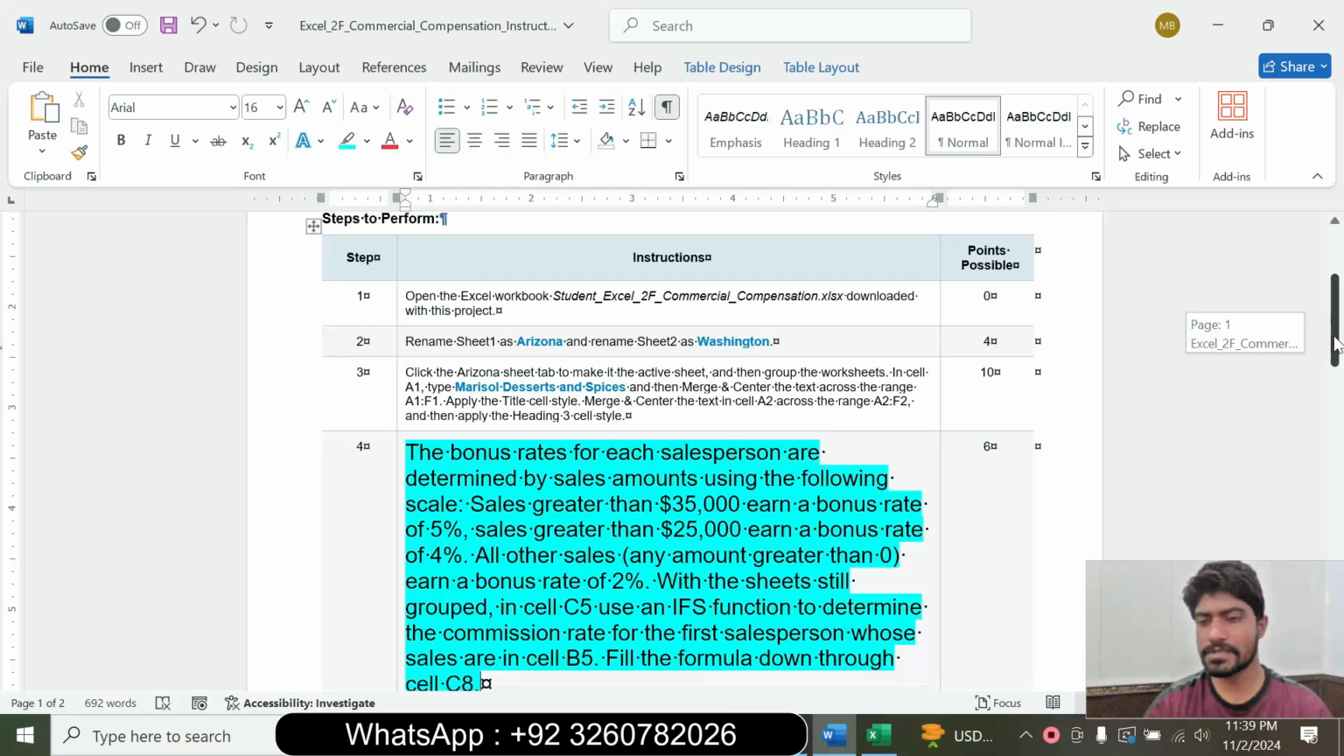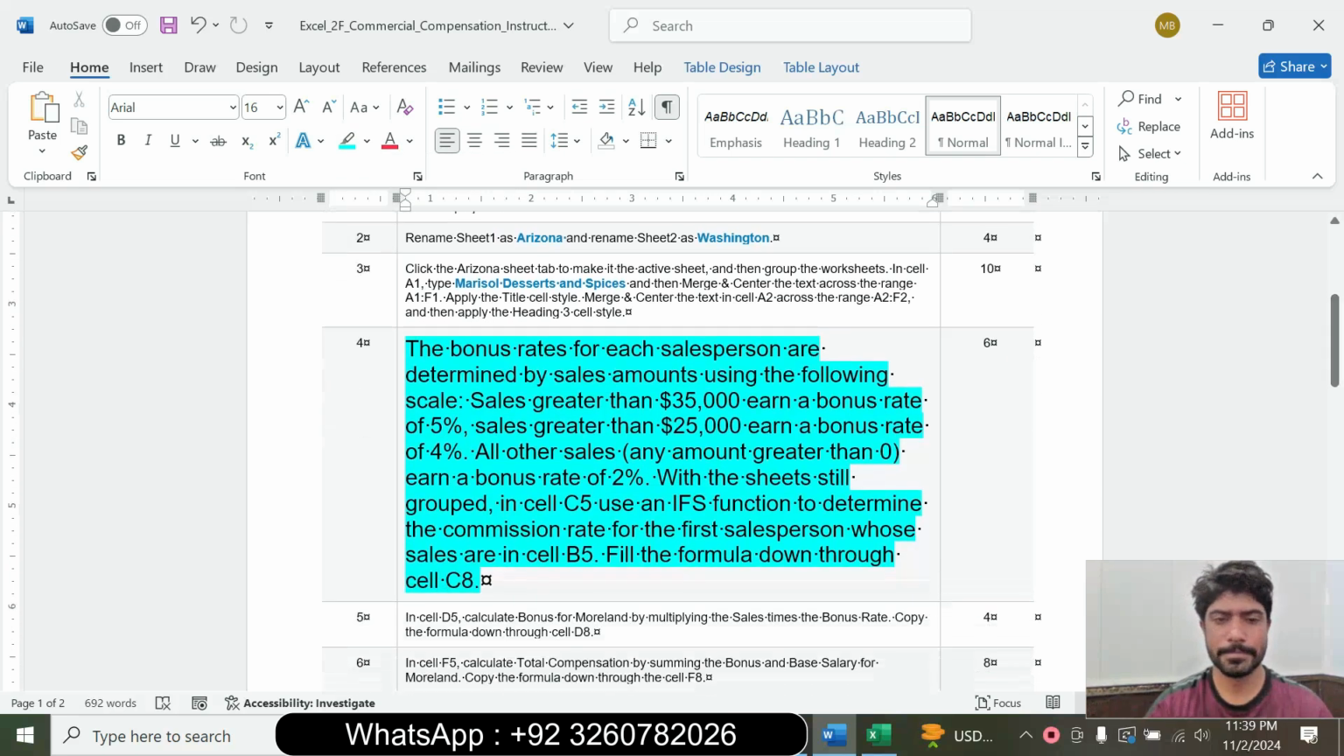So question number 4 is that the bonus rates for each salesperson are determined by the sales amounts using the following scales. Sales greater than 35,000 earn a 5% bonus, sales greater than 25,000 earn a 4% bonus, and all other sales earn a 2% bonus. With the sheets still grouped, in cell C5